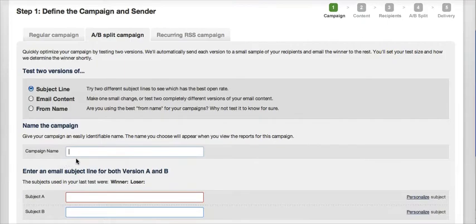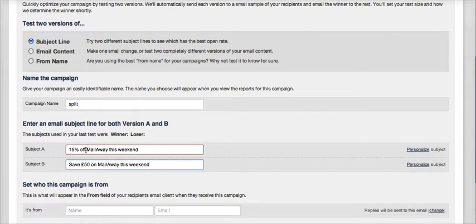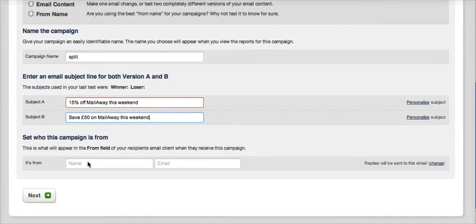I'll go down and give the campaign a name, which is just going to be split test. And then my subject lines, I'm going to test two different subject lines. So one's going to be 15% off MailAway this weekend. And then the next one's going to be save £50 off MailAway this weekend. What I'm doing here is testing to see if a percentage rate or an actual pound figure is more effective for our clients or our base. I'm going to do MailAway and email address. So we just fill this out exactly like what we would with a normal campaign